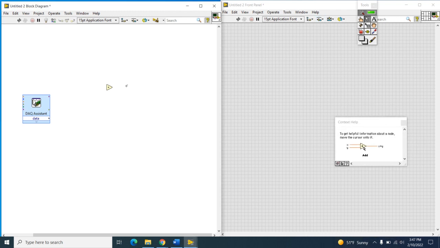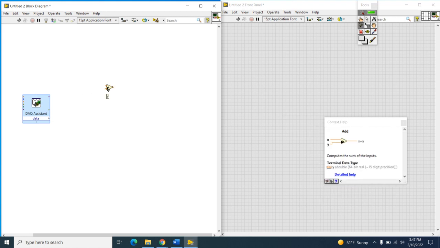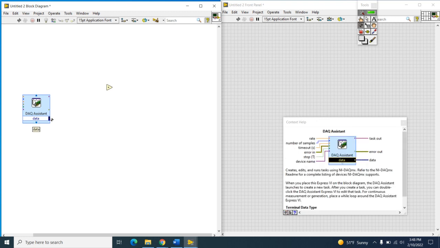Now, as you saw in part 1, we wire up all the different components in our program. So if we want to take the data out and wire it over here to our add function, we can do that. There's a couple different ways we can do it. If you see right here, I hover over this and it changes to a wire spool icon. That is telling me that it's going to wire, and that it's doing that because I am set to this